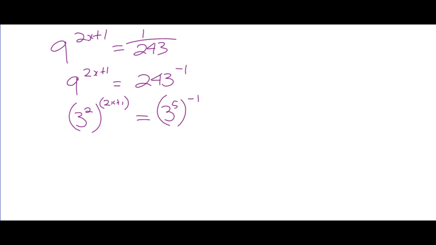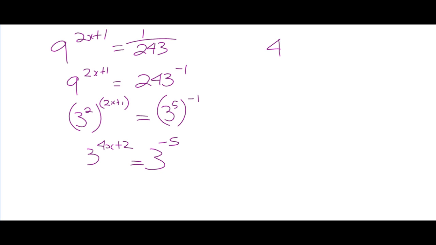First we had to take the 1 over 243 and write it as 243 to the -1. So we change it from a rational form to an exponential form. Then we write 243 as a power of 3. Now we use power to a power, so the left side becomes what? 3 to the 4x plus 2, and the right side is 3 to the